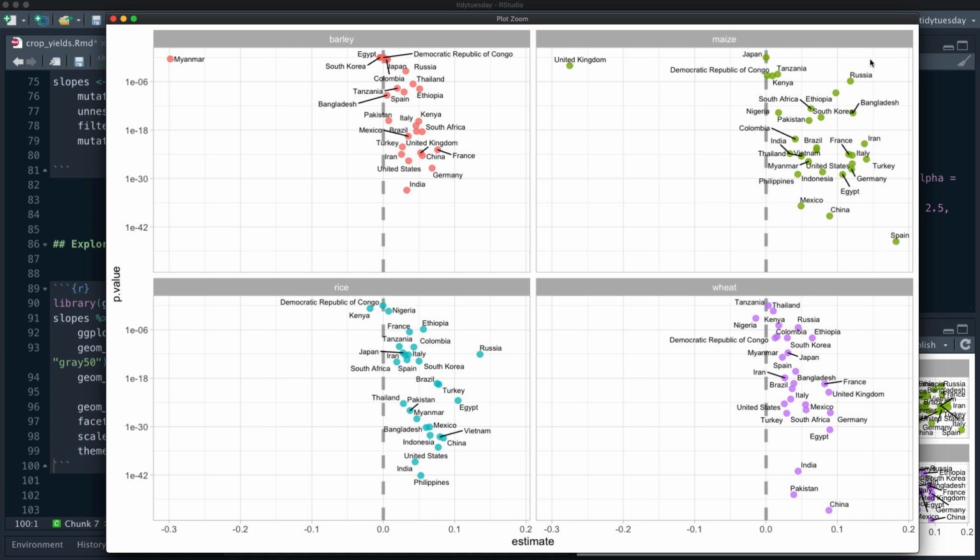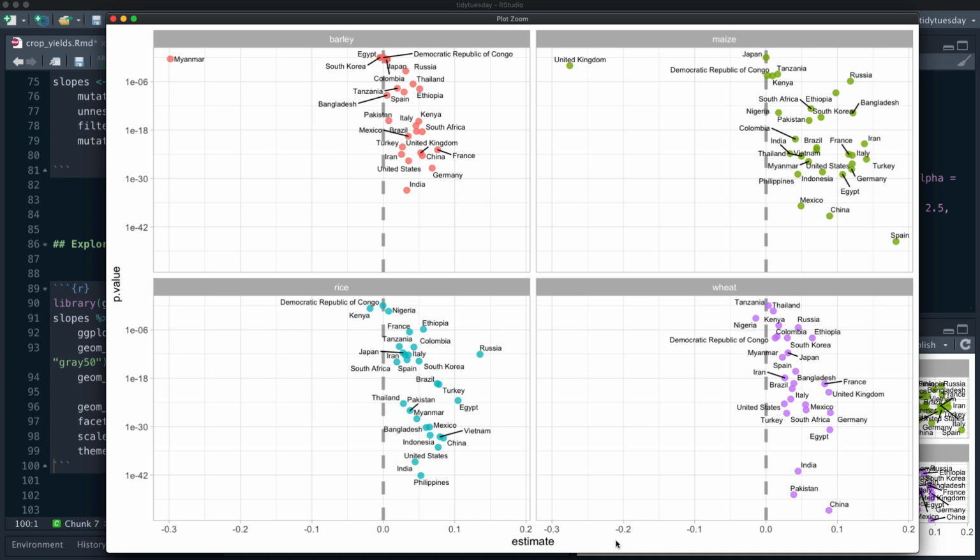this increase in the corn crop yield in Spain by chance. But as we go up here to these large p-values up here at the top of these plots, we are less sure. So we're closer to having seen those impacts by chance. So we have bigger p-values, it looks like, for barley. That's because we're not measuring them with as much. So this kind of plot here is something that I think is so useful